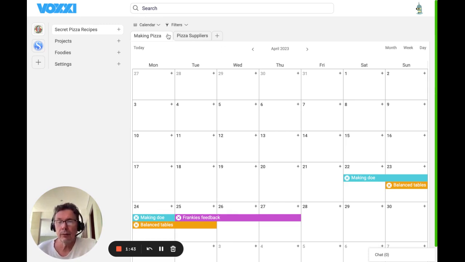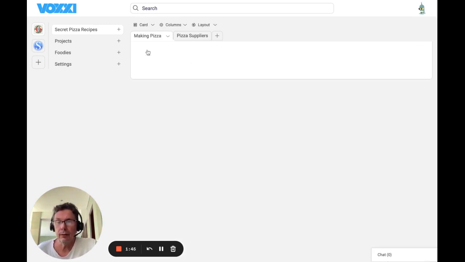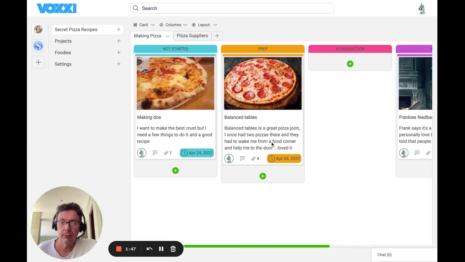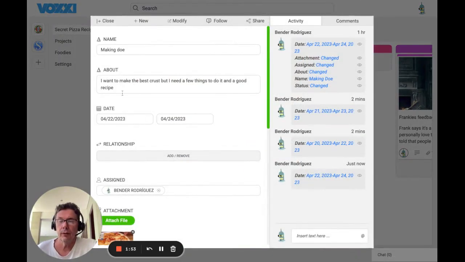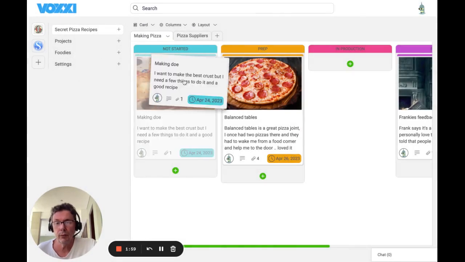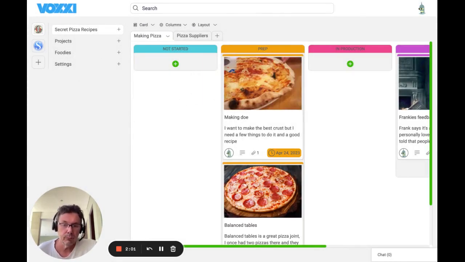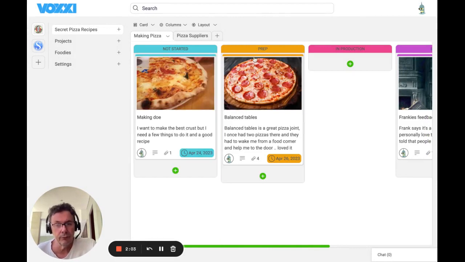And let's go back and have a look at it in card view. We can see that it's changed to the 24th here. If I go into the record, we can see that it says 22nd to the 24th. So the drag and drop has worked. We can also drag it over here into preparation. As you can see, it's changed